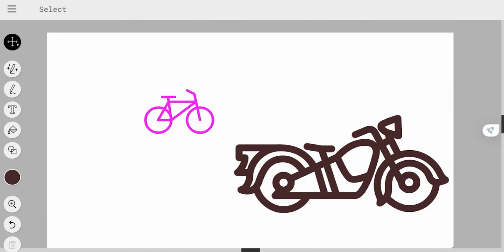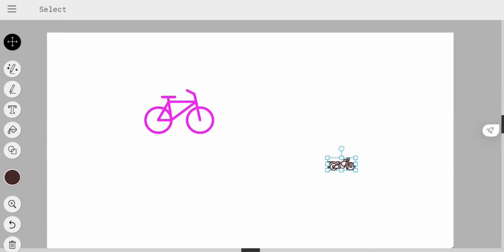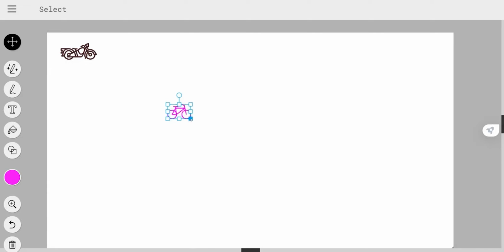This is really cool. Let me just make it a smaller version of this. I want to keep it separate and make it a bit smaller. Oops, I just want to drag it. Place it. Okay, now I want to draw something.